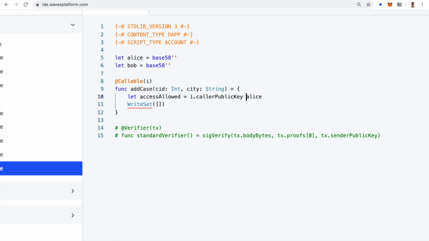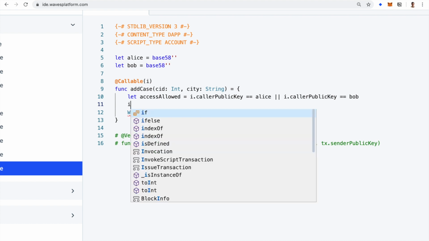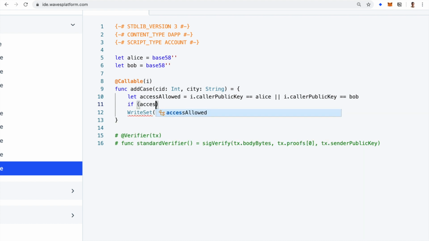If it's equal to Alice, or how to put or, it is equal to Bob. If this or if this, it's true. So, and if it is true, if access allowed,